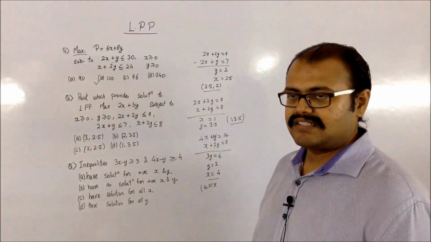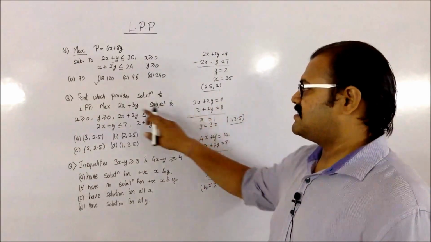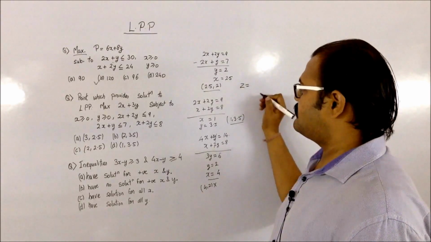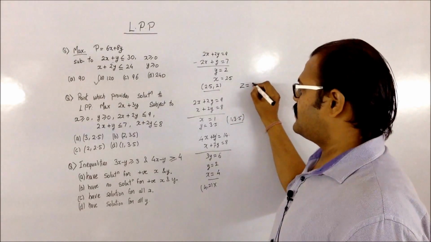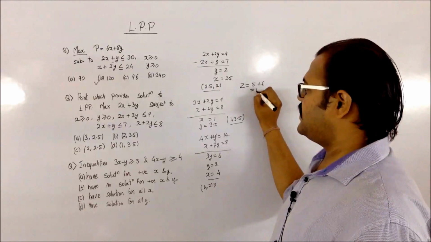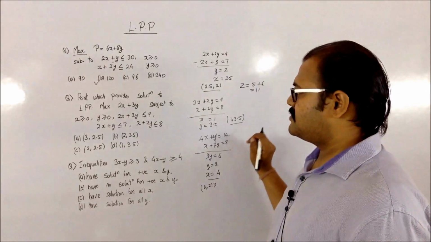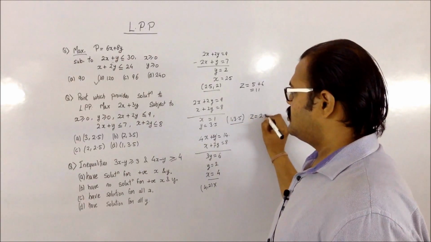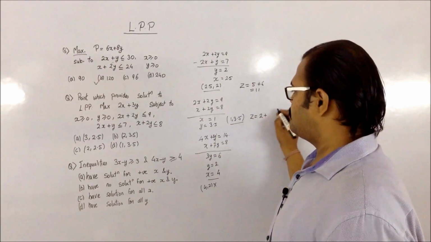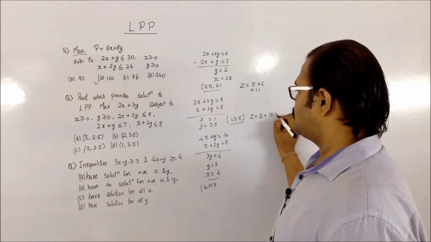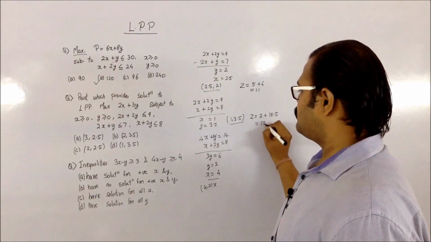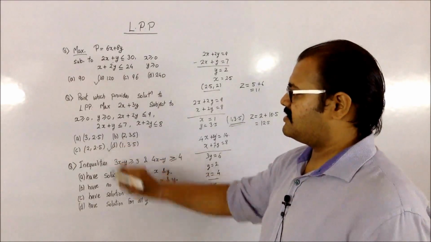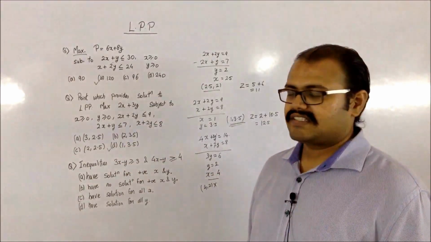What I have to do now is just substitute these values in this. So let me find what is my z for this. My z for this will be equal to 5 plus 6, which gives me 11. If I substitute this value in this, I will be getting z equal to 2 plus 3 into 3.5, that is going to be 10.5. So that's going to be 12.5. So obviously this particular point, that is 1 comma 3.5, is the optimum solution which I have to find.